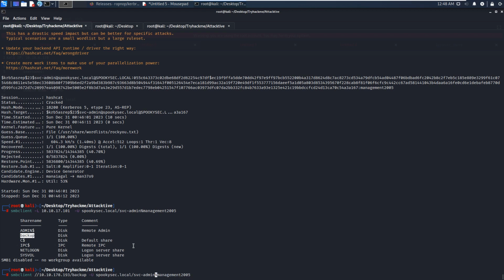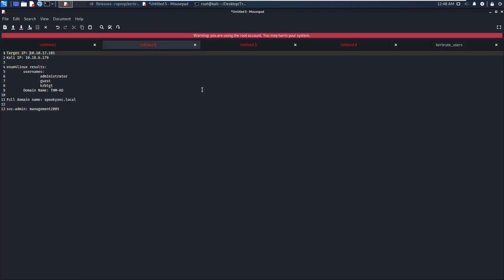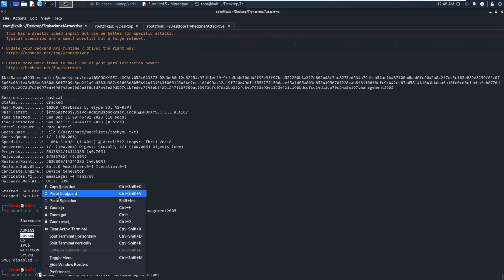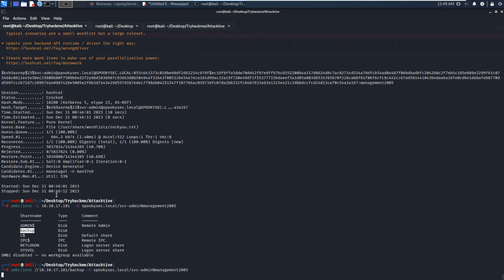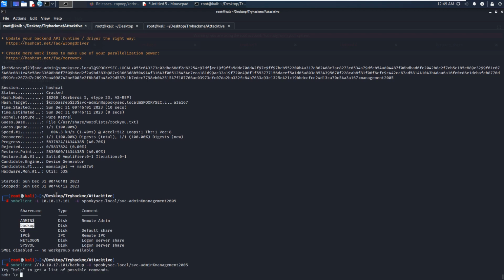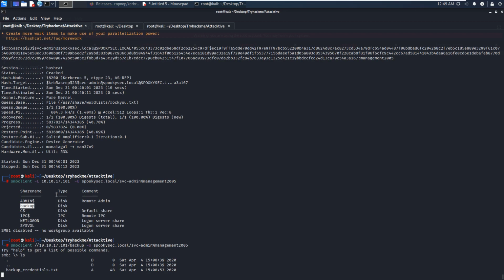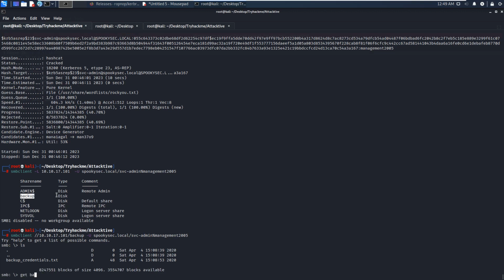And as earlier, I need to replace the IP address of the target in this command. Again, we need to specify the username and its corresponding password. Okay, let's press enter. Yeah, we are successfully logged in as the user SVC admin, and we can list and download this backup file